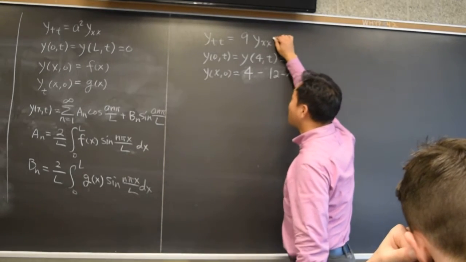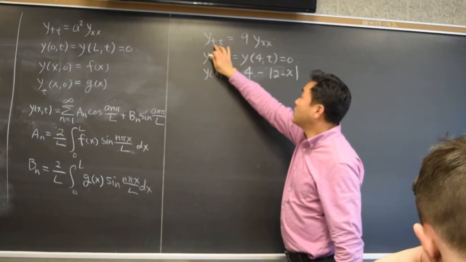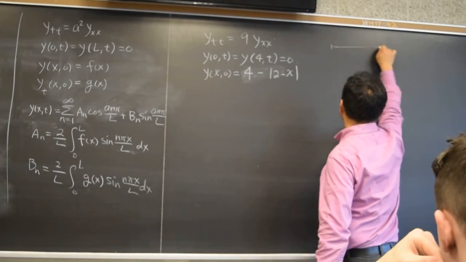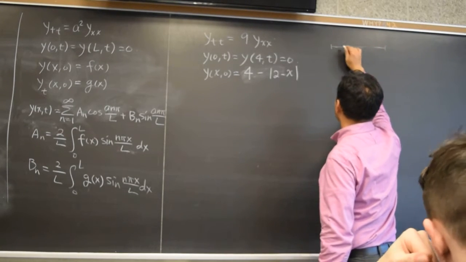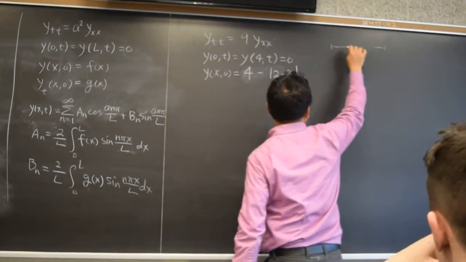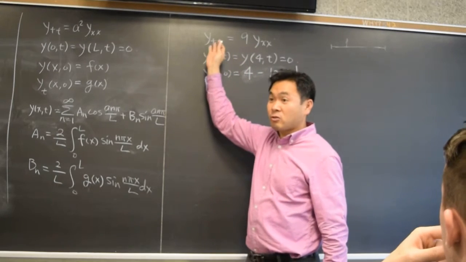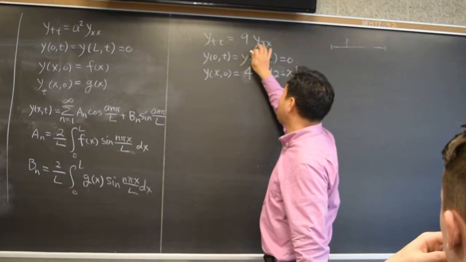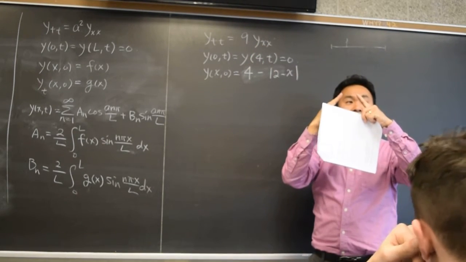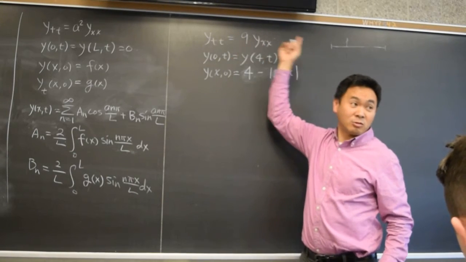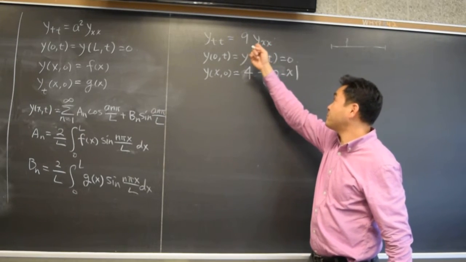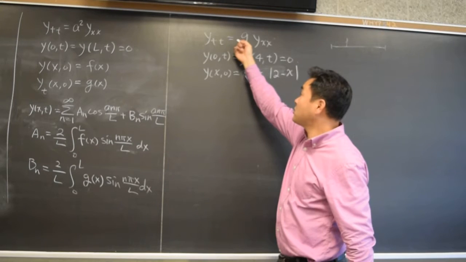I explained that this type of equation is a wave equation. If you take the second derivative of the position, think about a string that's tied at the end, and you're trying to vibrate this string. The second derivative of the y position is the acceleration in the y direction, right? And it's saying that the more bended it is, the more force will be acting on this string. So yxx computes the bending,